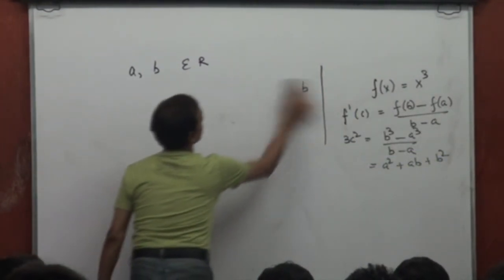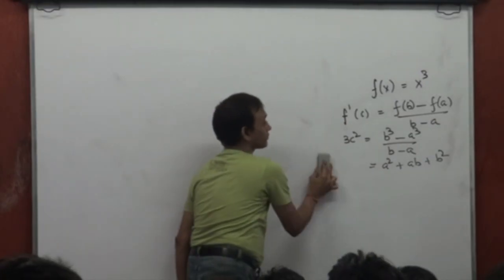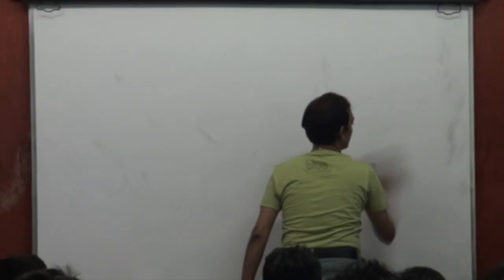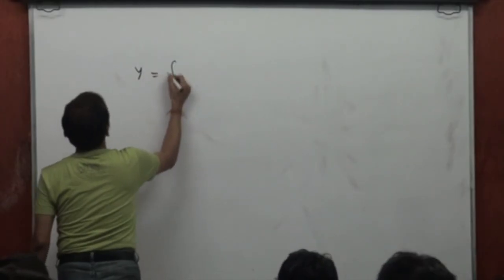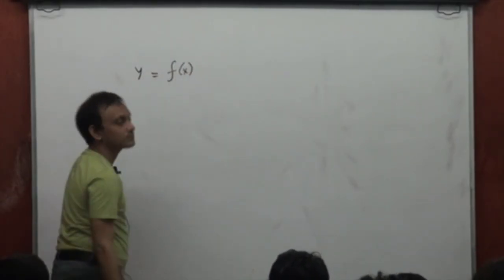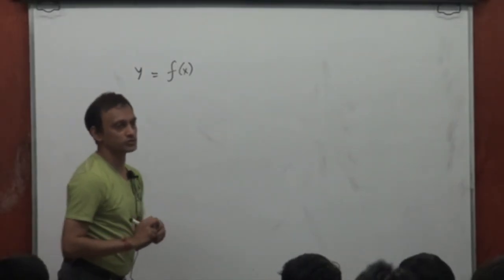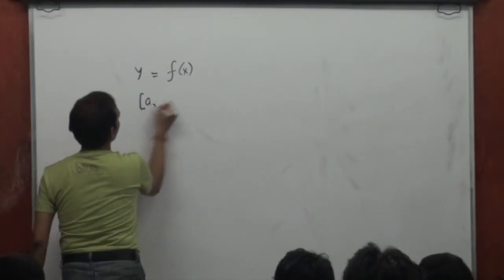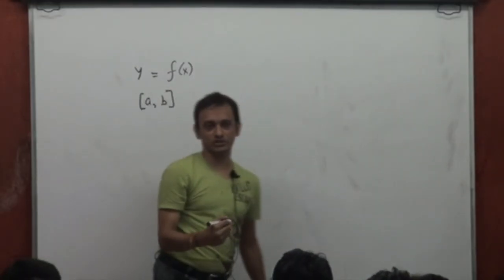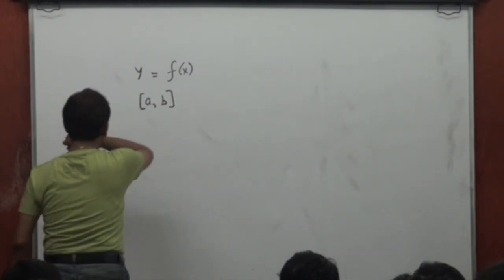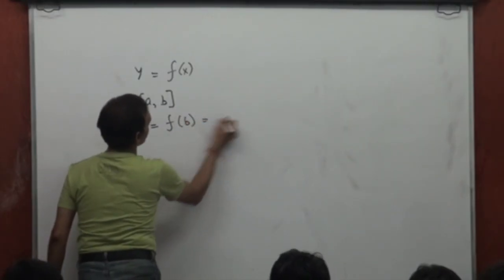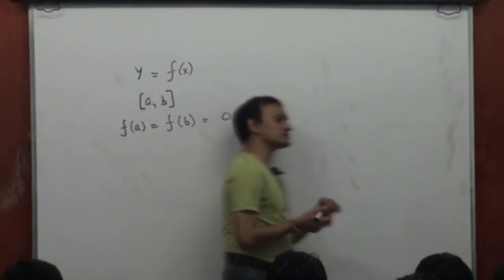Suppose I have a function y equal to f(x), and in the interval a to b, it's continuous and differentiable. And if f(a) and f(b) are 0,